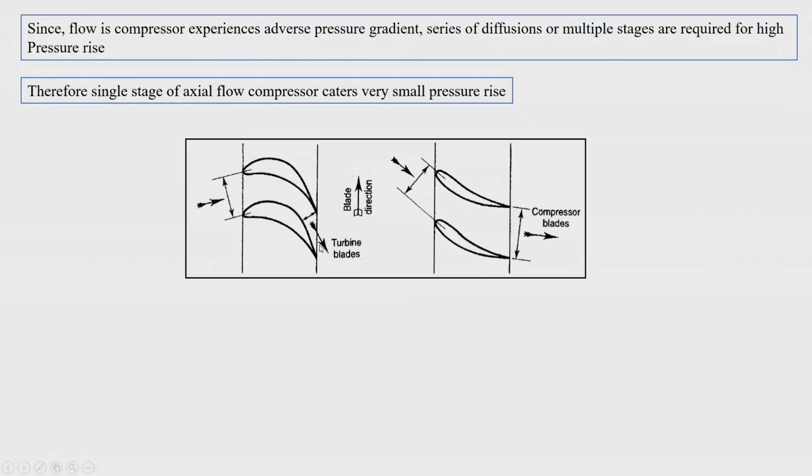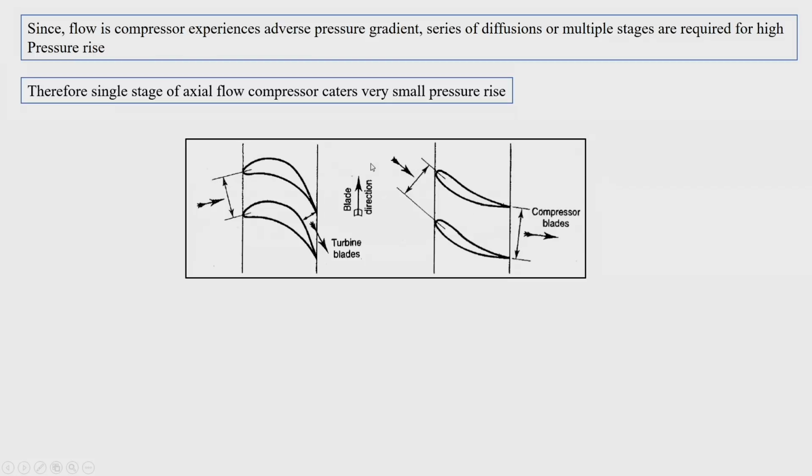However, it is the contrary in the case of a turbine, where the blade passage, as shown in the figure, has an entry and an exit. The entry has a larger area and the exit has a smaller area. So, this acts as a nozzle. In a compressor, however, we have a smaller area at the inlet of the blade passage and a larger area at the outlet. So, this acts as a diffuser in the case of subsonic flow.